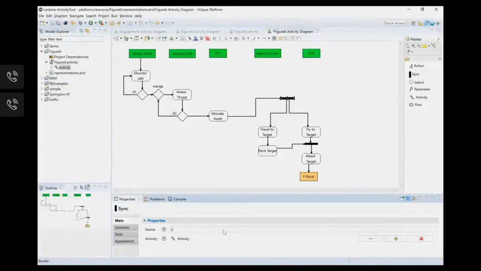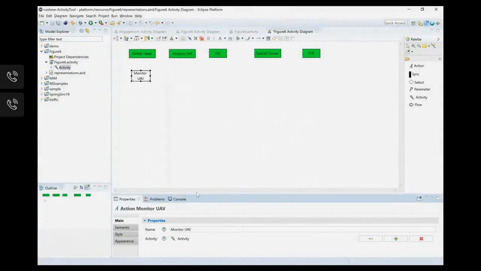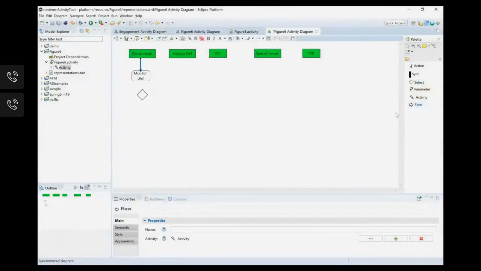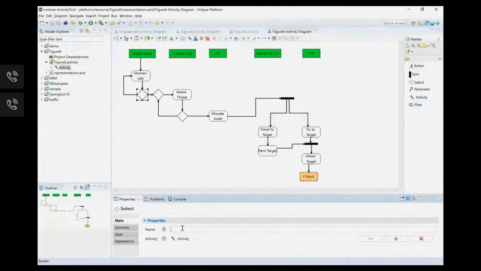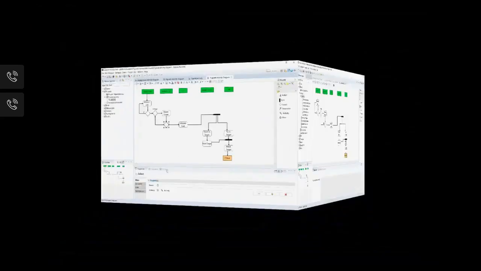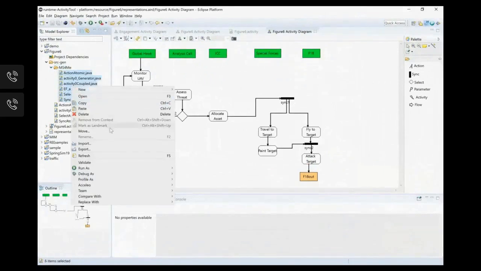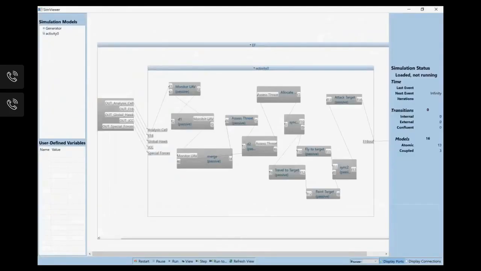You can see a typical activity diagram and drawing of this diagram in a user graphical interface with palette. And then the DEVS model in the simulation viewer that we have provided in the MS4Me modeling environment.